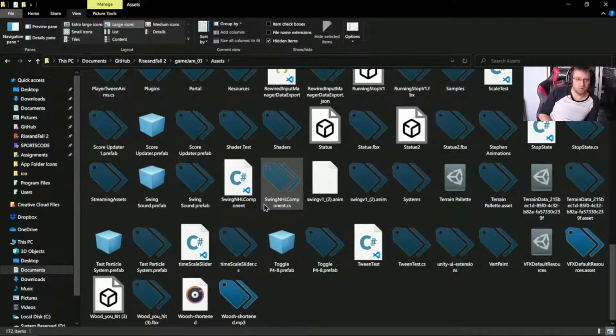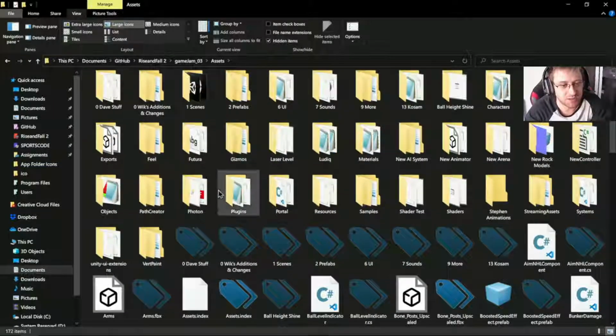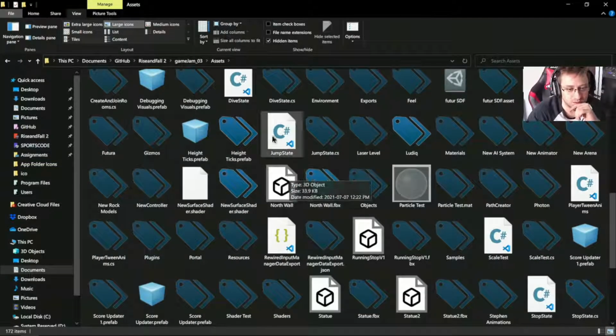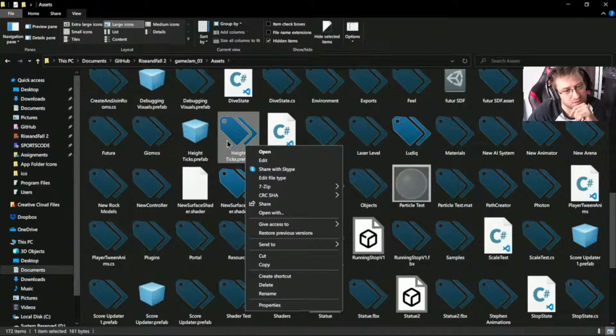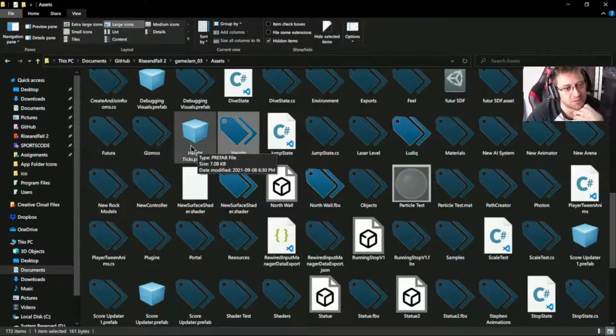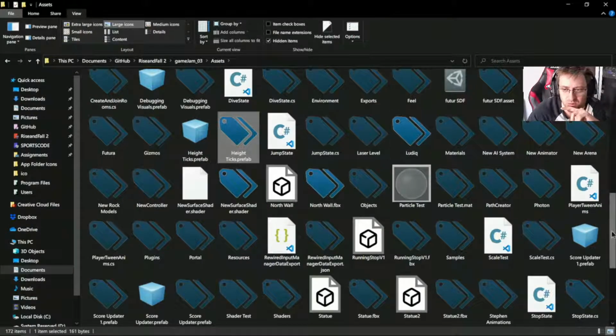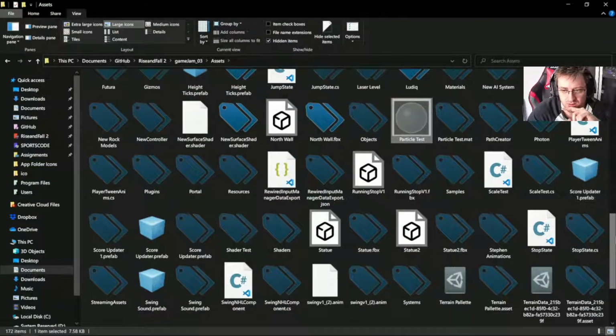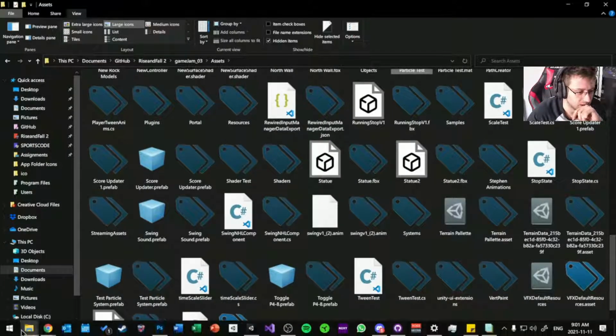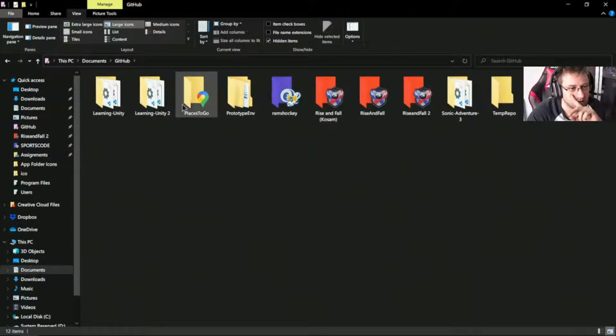So with all these being tags, 50% of the files in every single folder do not matter at all. I will almost never need to look at meta files, but I do need to know that they're there. So that's a .prefab.meta, and that's why it's more visible in the other one, I guess. So I have this for material, prefab. If I go into, I guess it'll be this,